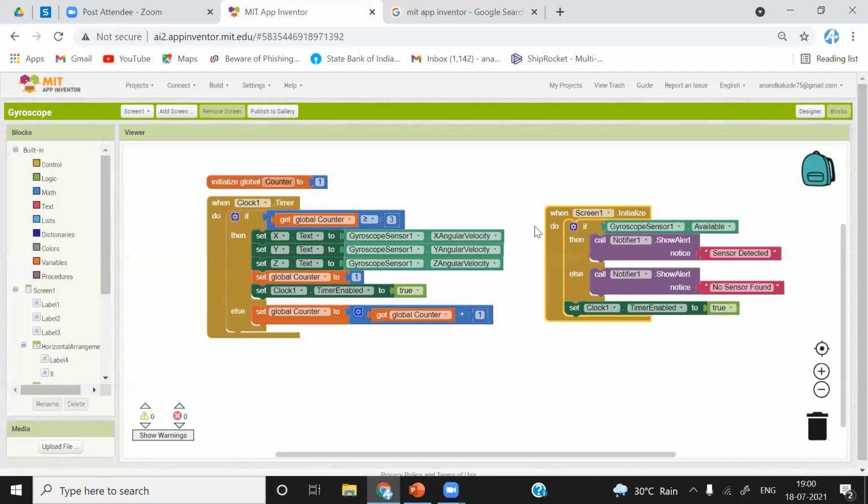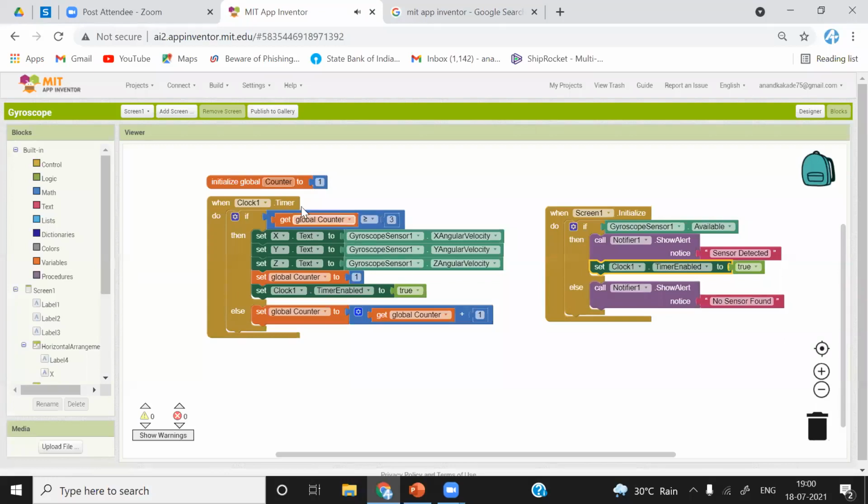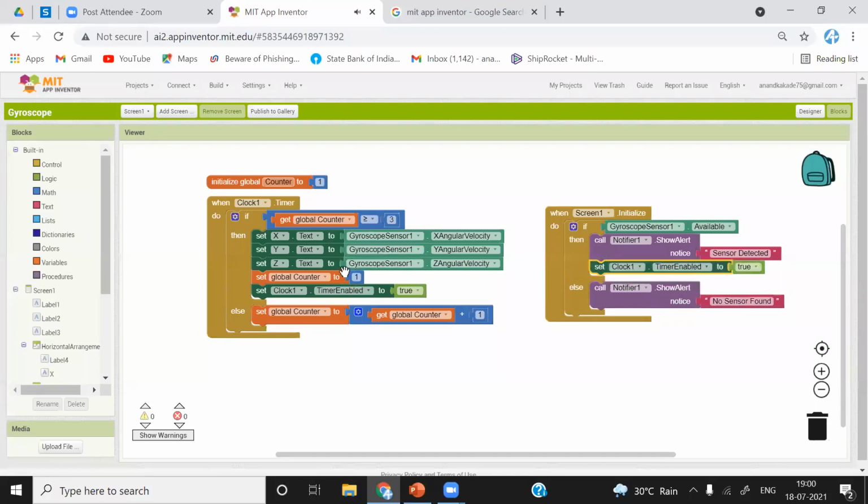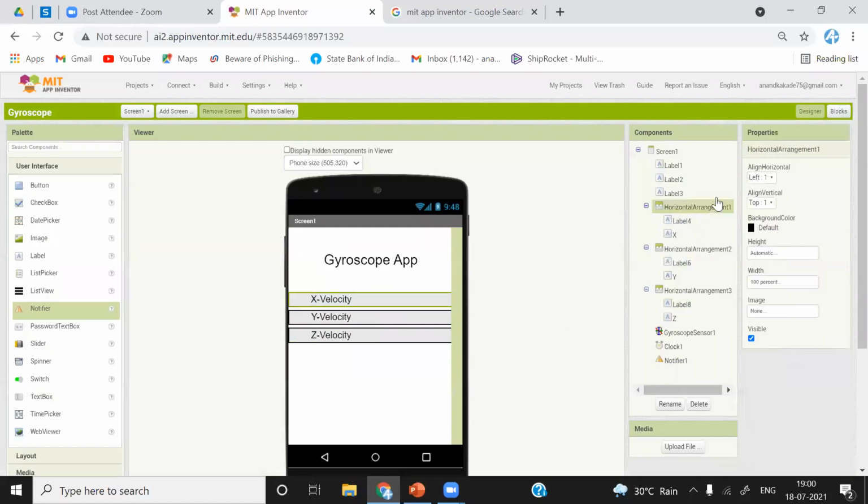After that, if the sensor is detected, what we can do after detecting this position is not correct actually. After detecting the sensor, we want to initiate this clock or the timer. We don't want to put it over here because this is a sequence and this will get run whether your sensor is present or not. It doesn't matter, it will get started. So what we want to do is, when the sensor is present, then only start the timer and print this data in front of the variables. These variables.